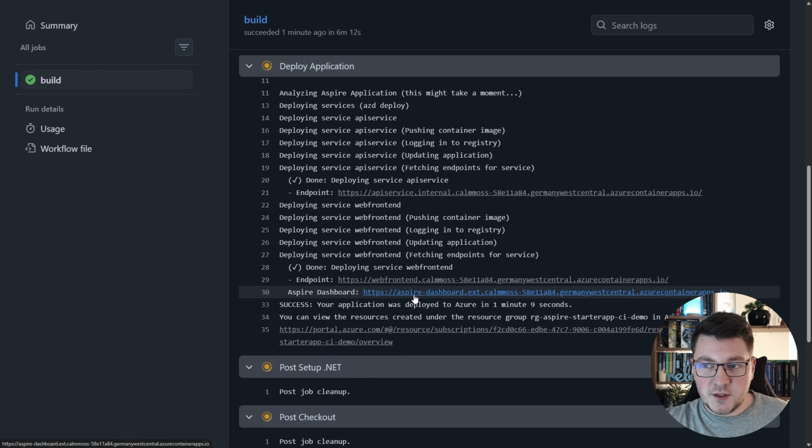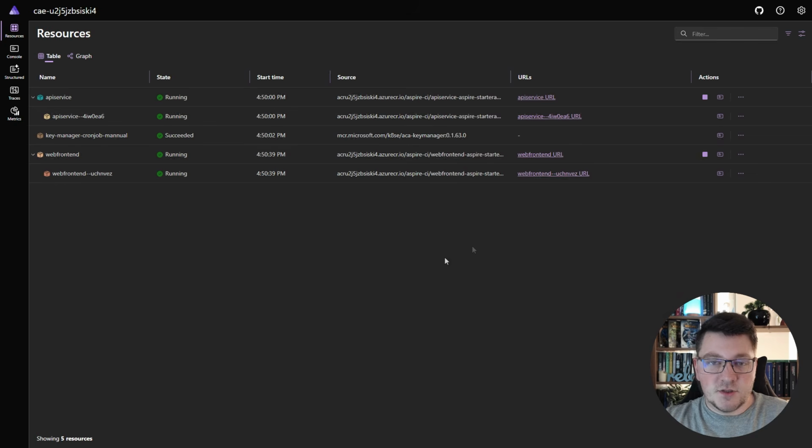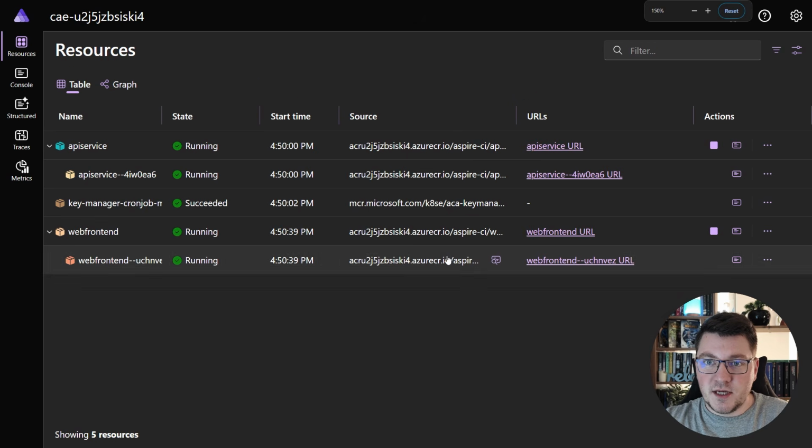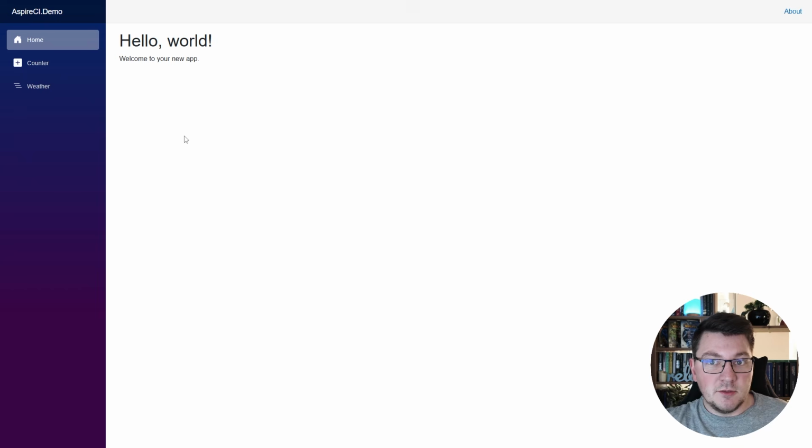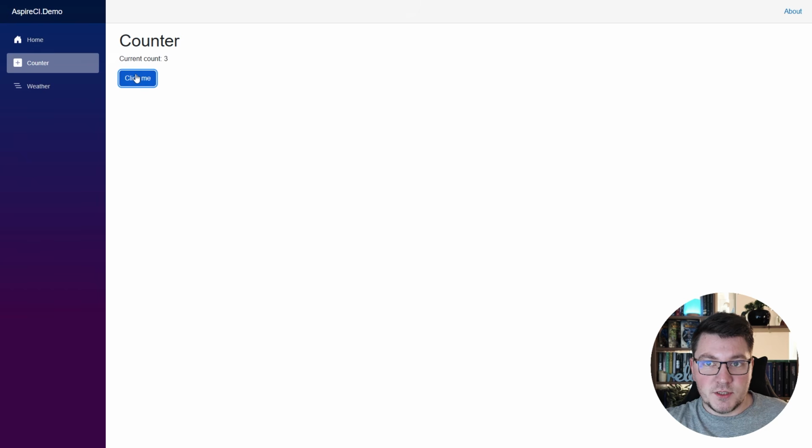I'm going to hold on for this for a moment, as I want to actually show you the Aspire dashboard that also gets deployed. So if I click this, we should see the Aspire dashboard open up with our two resources. Now, this may be a bit slow to load for the first time, but let me zoom in. And here you can see our API service and our web frontend. So if I click here, I'll be able to visit our web frontend, which is our Blazor app,